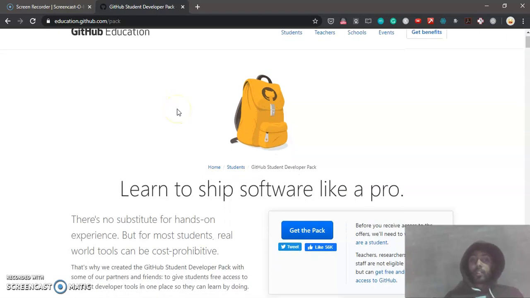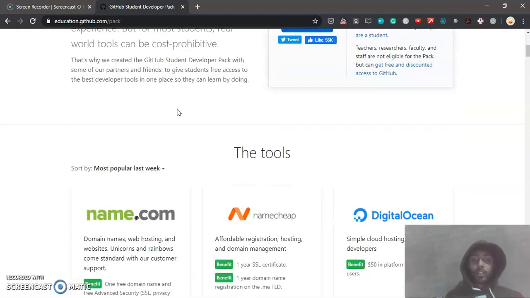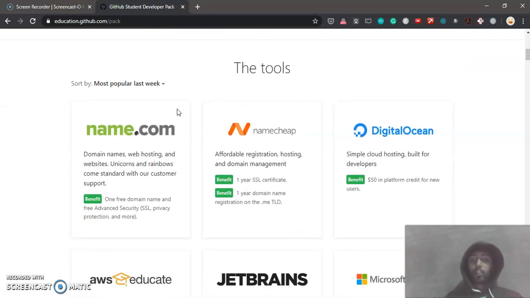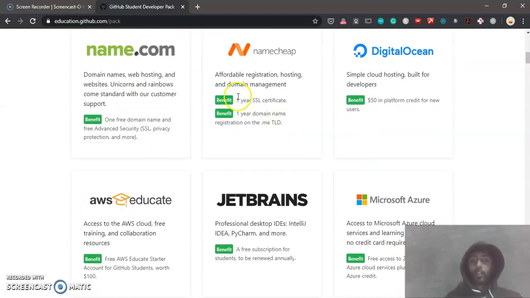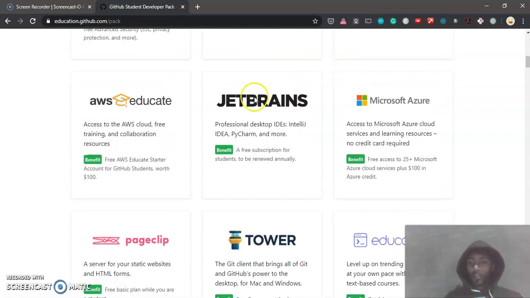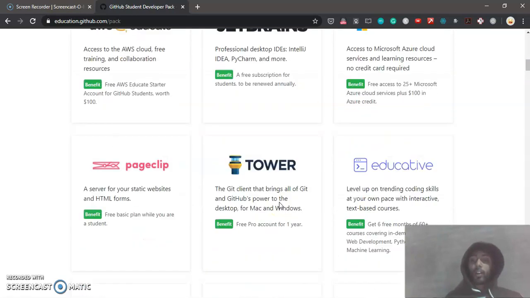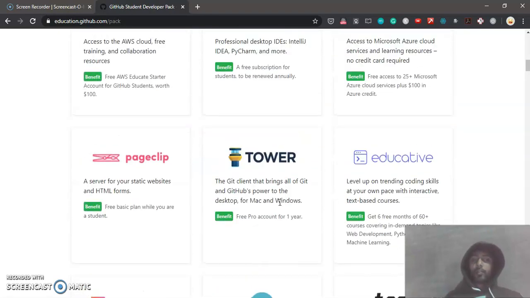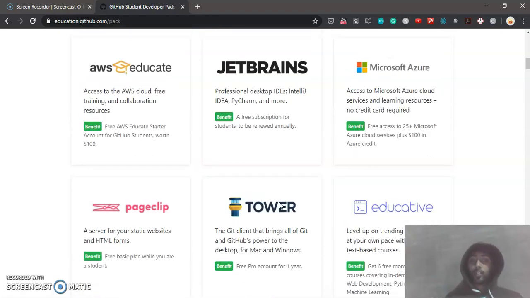They have some training material, maybe a free domain name for one year, and most of the other tools. You will get some courses, as well as hosting resources and servers.